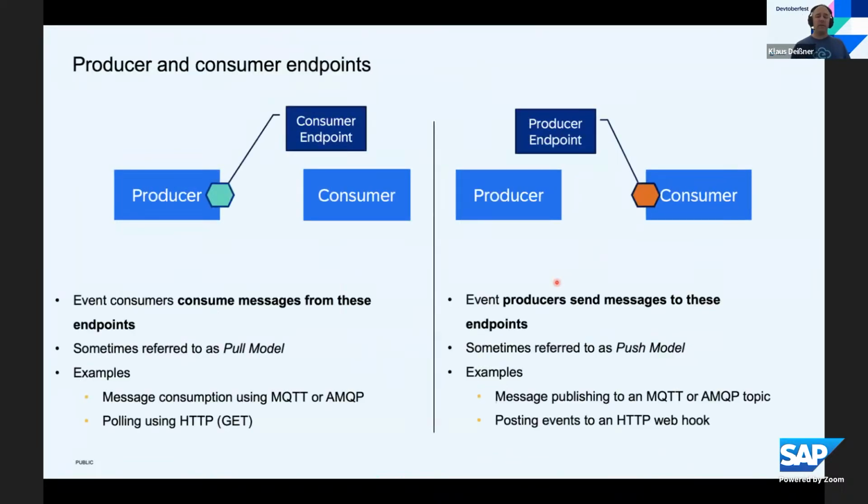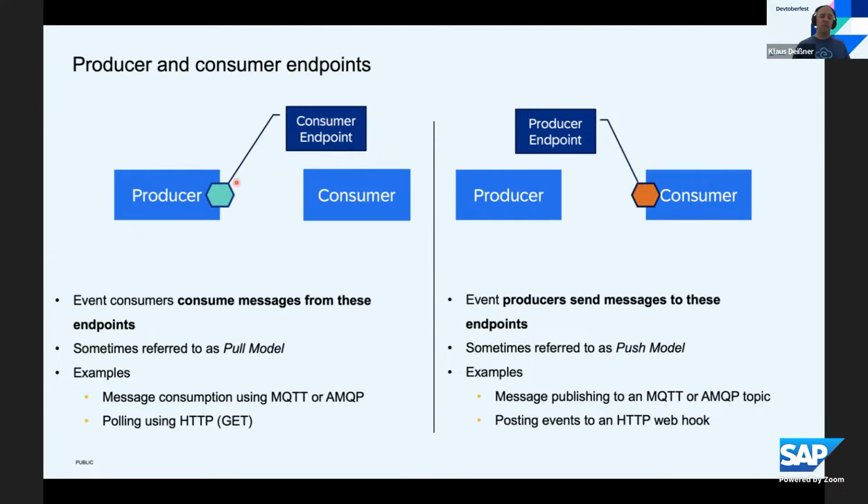A short explanation on this abstract term endpoint. I think it's a nice abstract model to have a common denominator over all those different messaging technologies that are around. We differentiate three different kinds of endpoints. On this slide, you can see producer and consumer endpoint. On the left-hand side, there's the consumer endpoint.